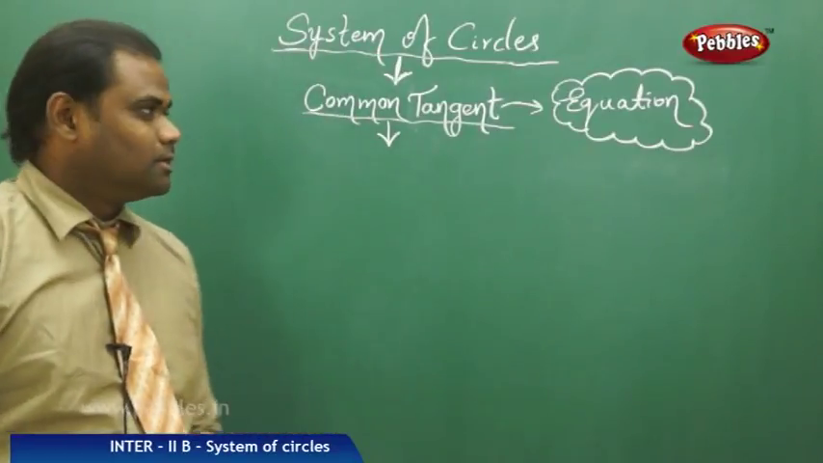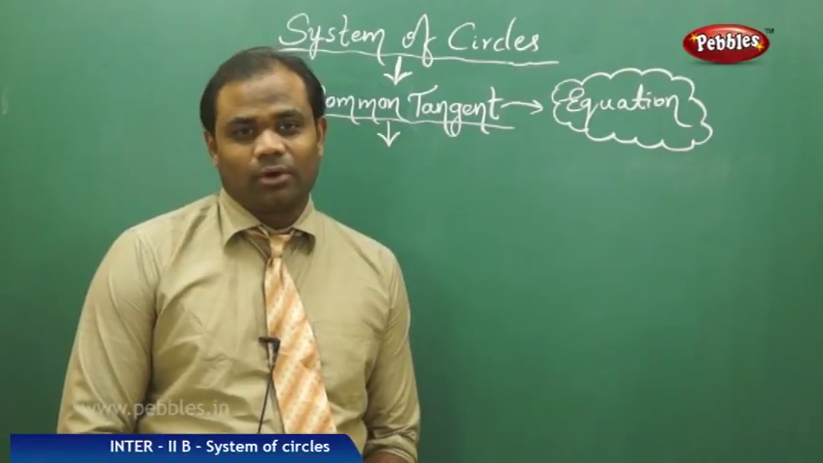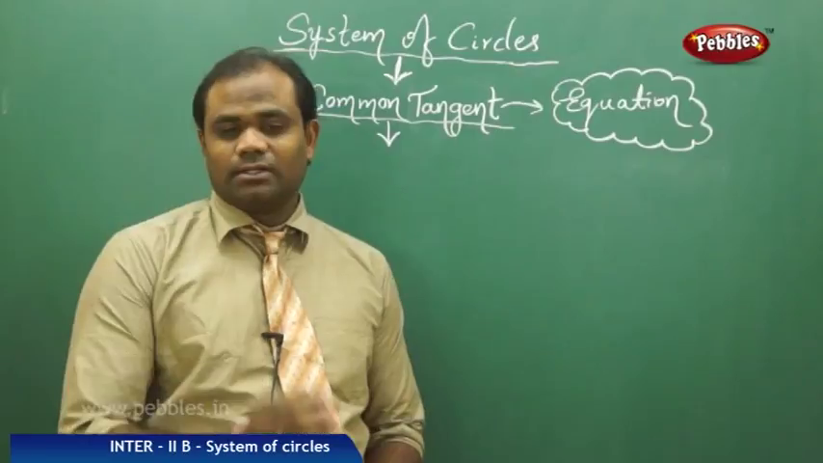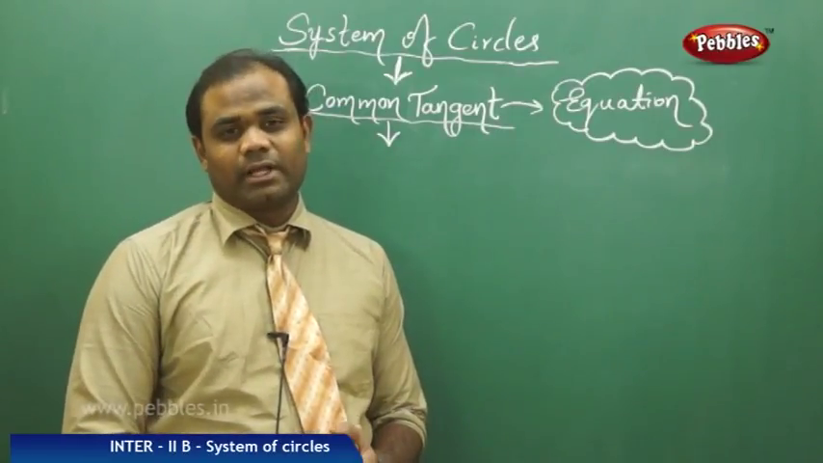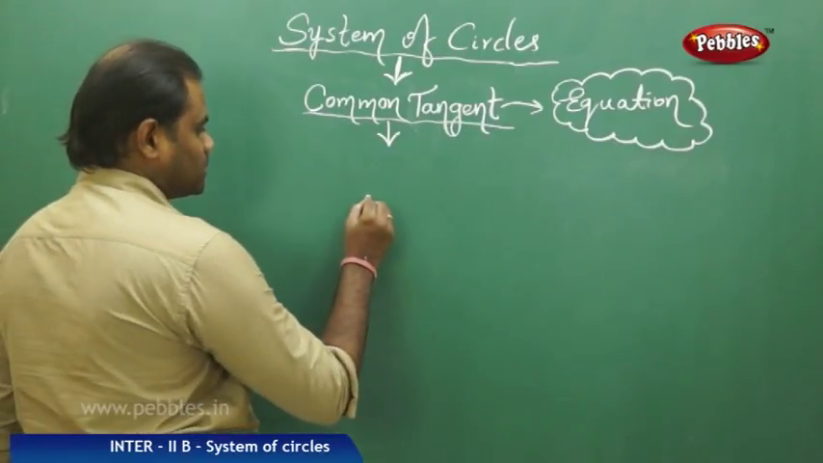Common tangent. Now let's see the equation of common tangent. As we all know what a common tangent is, a tangent which acts for both the two circles is what is a common tangent. Now if I have, say, two touching circles,